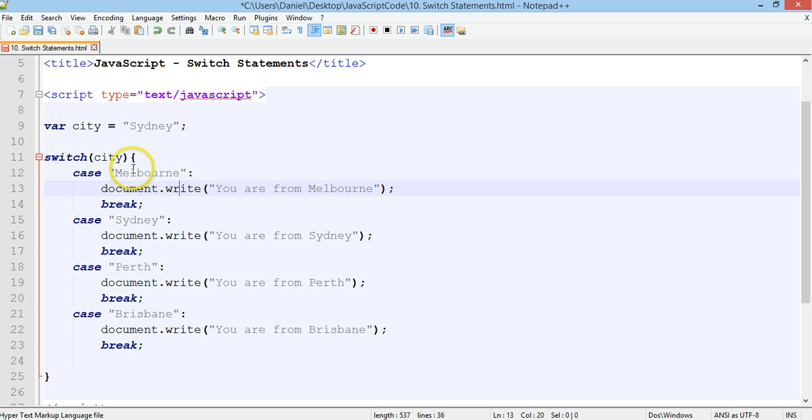So even if the city was specified as Melbourne, and the switch statement came to this case and checked if the city is equal to Melbourne, and it's true, even if that was true, it would keep checking through every single case until the switch statement ends. In this case, the city is Sydney. It would go down and say, no, it's not Melbourne, and then it would get here and say, yep, it's Sydney. Even in that case, it would still go through and check the others. So it's not a very efficient